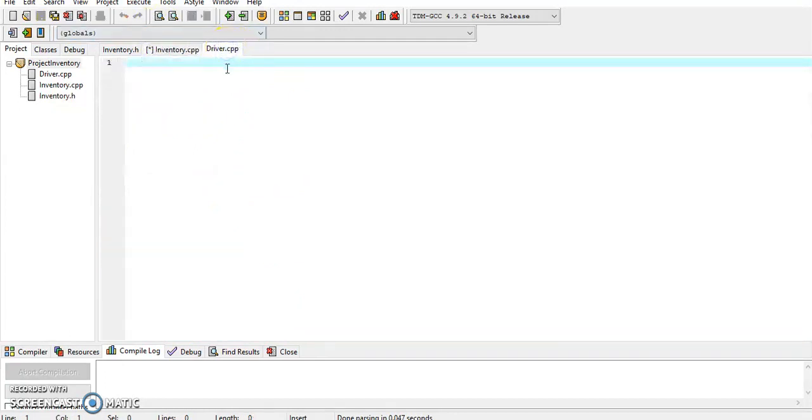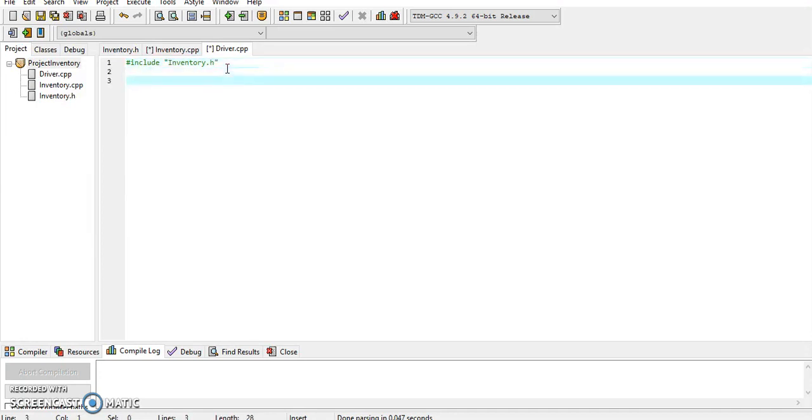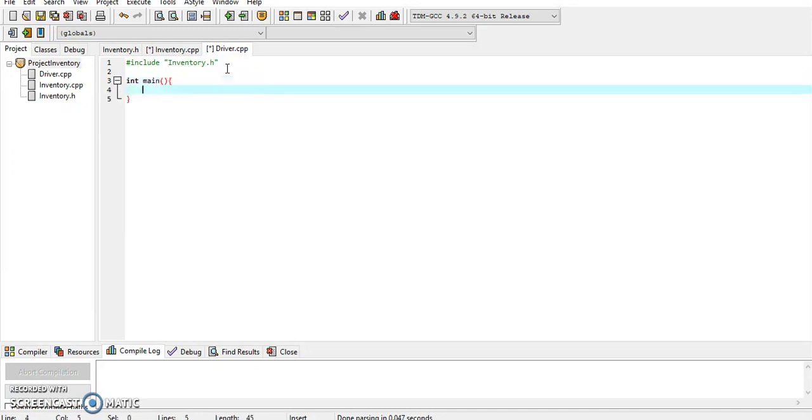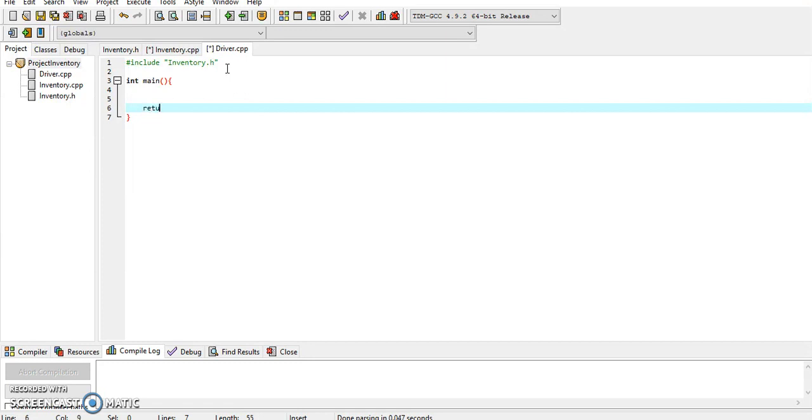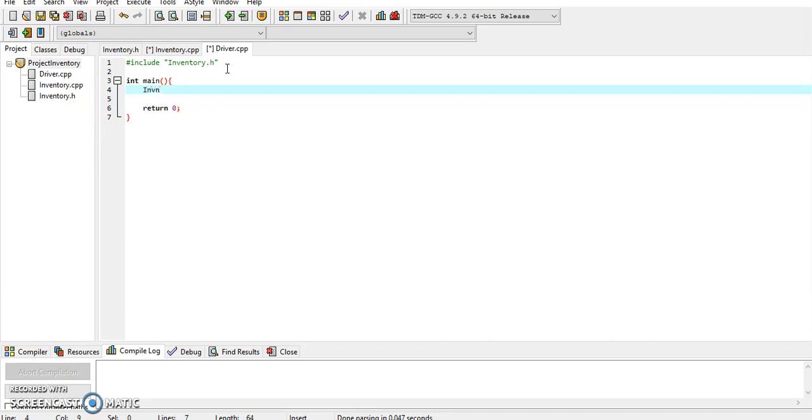So for here, all we need to do is to include. I'm not going to bother myself with including the inclusion guards. You can go ahead if you want to. So all we need to do is make our main function now. We'll say main, and we'll return 0. Good programming practice. And we can make an instance of this thing. Okay, so this is our instance, our object,